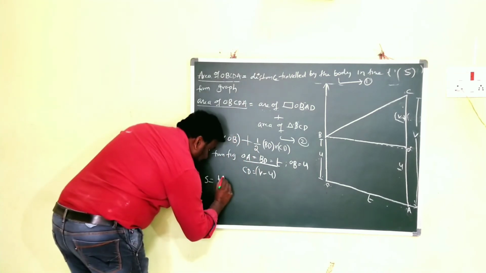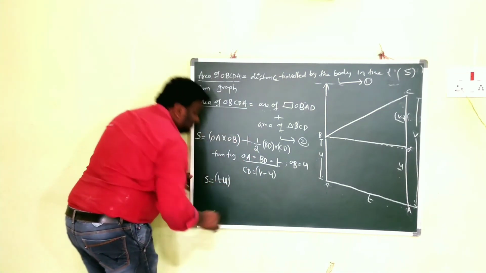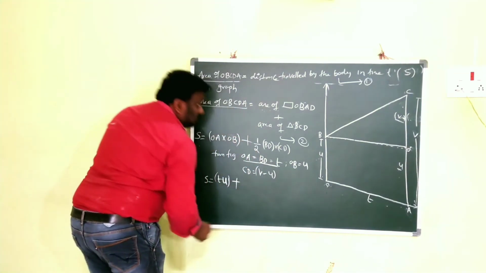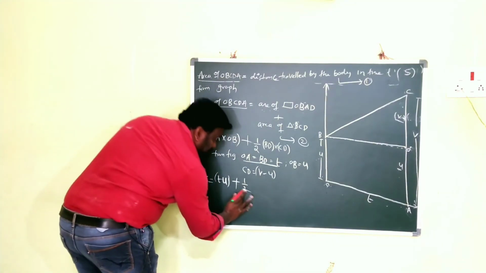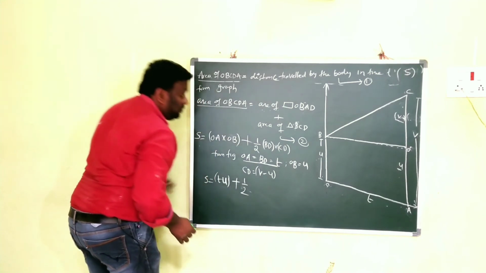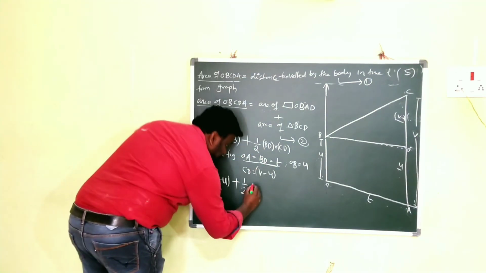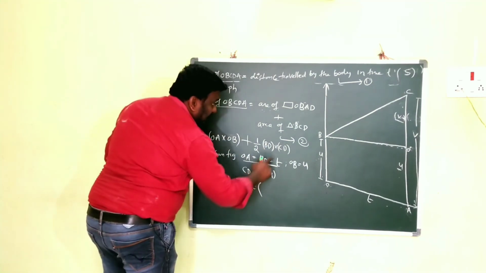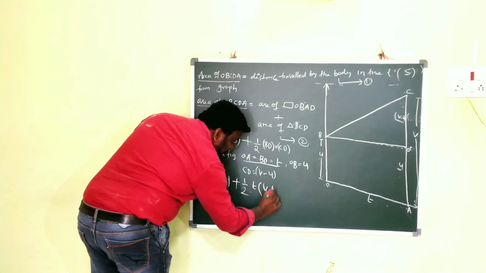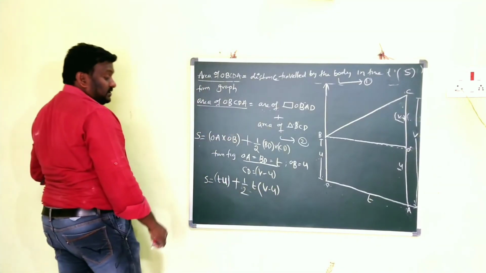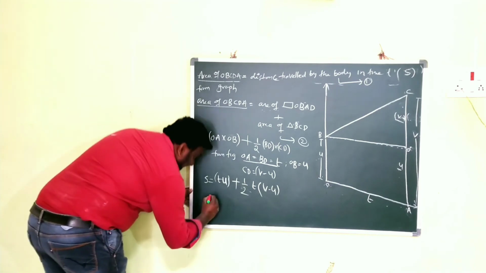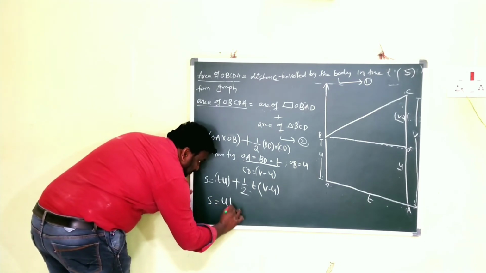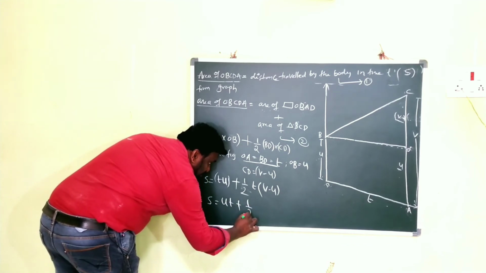U. So that is T into U plus half into BD value, T, and CD value, V minus U. Clear? So children, here I am writing S is equal to UT plus half into